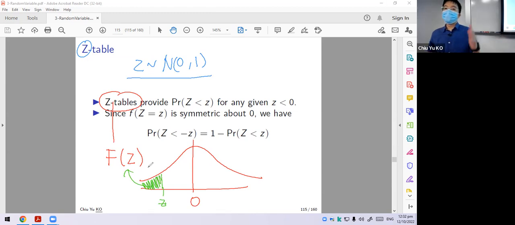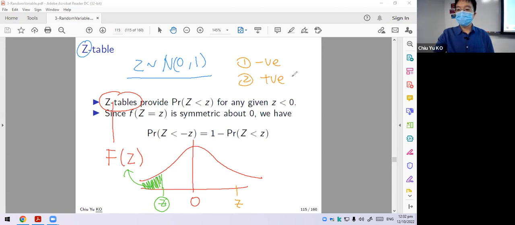And the thing you need to think about is the Z table. If you look on the internet, there are two versions. One version gives you only negative numbers. The other version only gives you positive numbers. So two versions: version 1 is negative numbers, version 2 is positive numbers. And you may ask why you have these two versions. The reason is